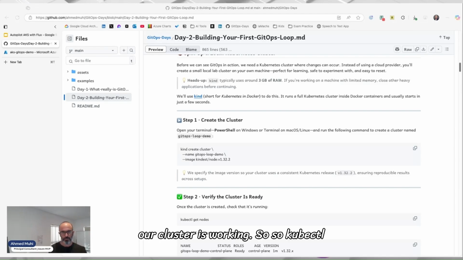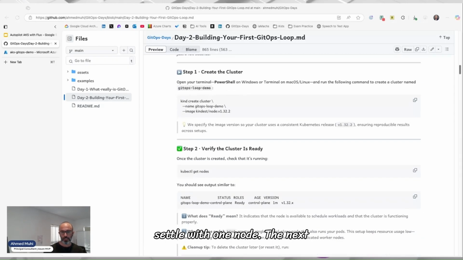So kubectl, we need to see. As you see here, we have created a single node. In this case, this node is called the GitOps loop, and you might notice that it's only the control plane. Normally in Kubernetes, you would have a control plane node and a worker, but because it's a simple setup, we don't need a worker node. We'll just settle with one node.